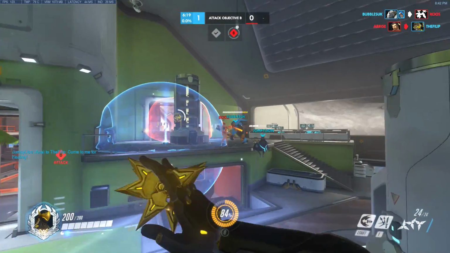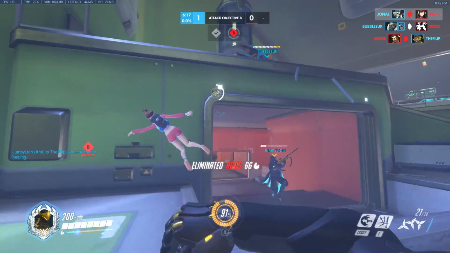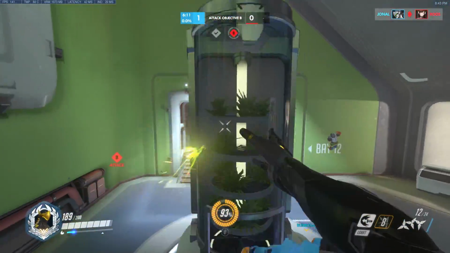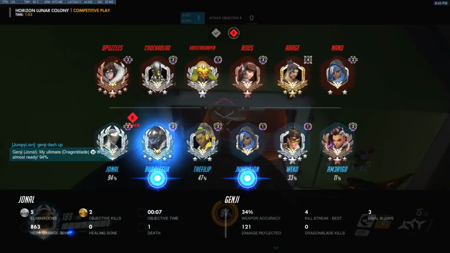So for example, with a Dragon Blade, 120 is the standard damage for the blade. Increase that by 130%, that gives 276. And then you take 276 and increase that again by 30%, increasing that number to 358 per swing. And now this is where stuff gets kind of fun and kind of scary. For example, you can do some really amazing plays. You can fulfill your dreams and your hard wishes of becoming an attack Torbjorn, hammer only,